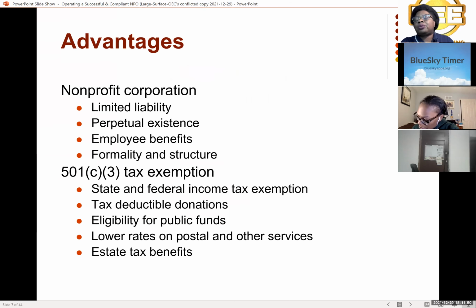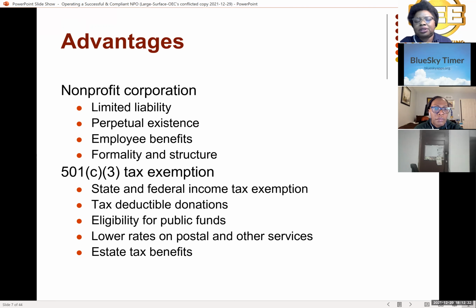So there are advantages. Why should we even bother starting a nonprofit? Because I can tell you, I've talked a lot of people out of starting a nonprofit, but there are some advantages you want to look into if this is what you want to do. One of the key things I always tell people is you don't have to start a nonprofit to be nice. You can be a for-profit and be nice. What nonprofit corporation status gives you is limited liability, just like all the other corporations. Your liability is up to the assets of the corporation and not going after your personal liability.